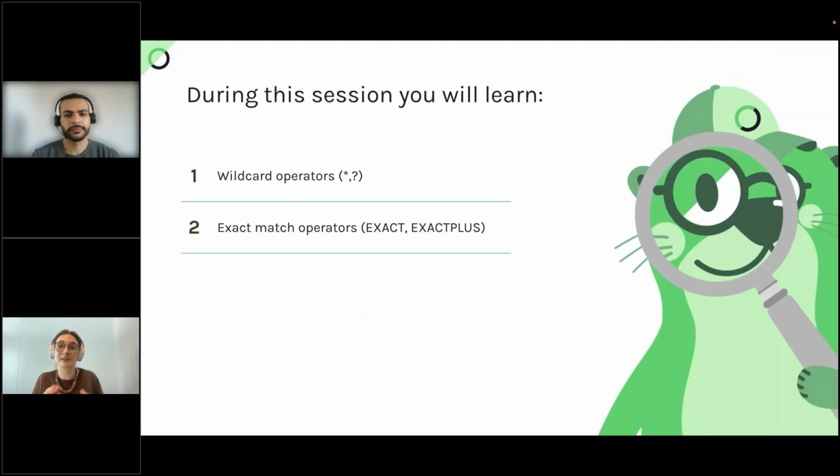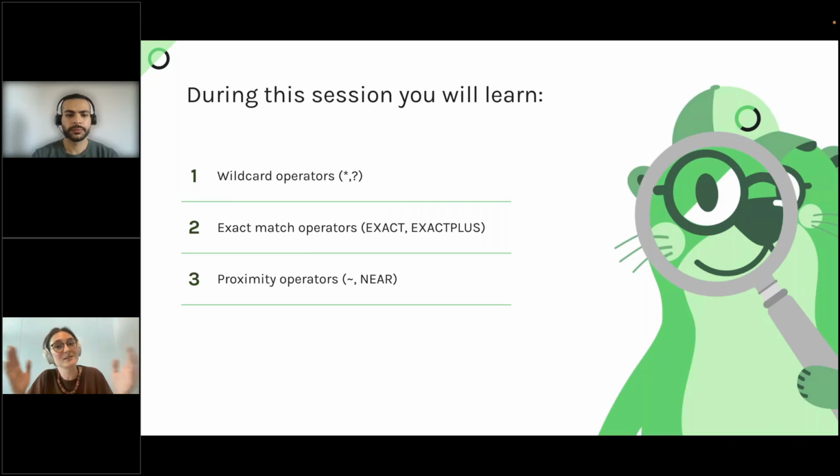We're going to talk about the exact match operators that will give you more precision if you want to take into account accents, special characters, the case. We're going to talk also about the proximity operators, very important if you're looking for keywords and you'd like them to be within a certain distance from each other.